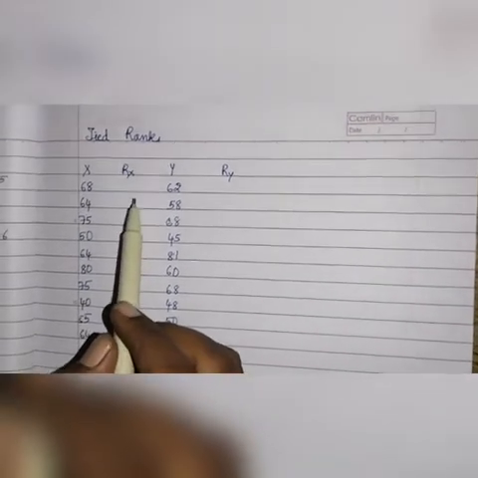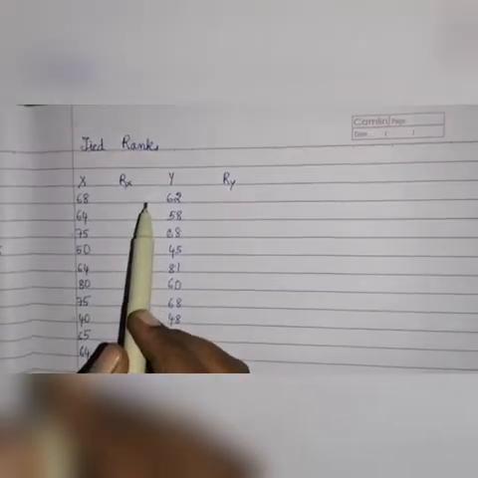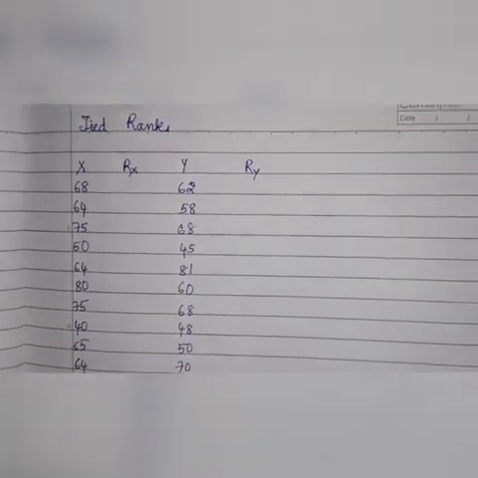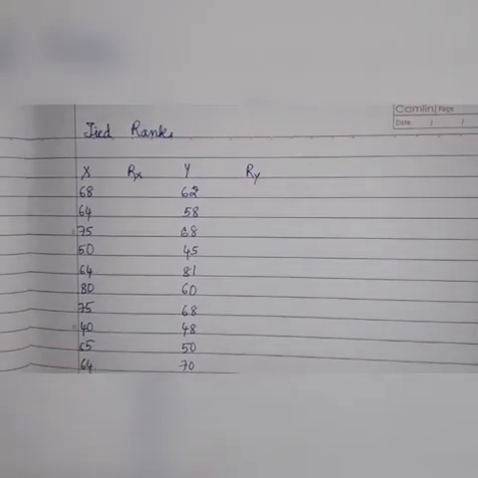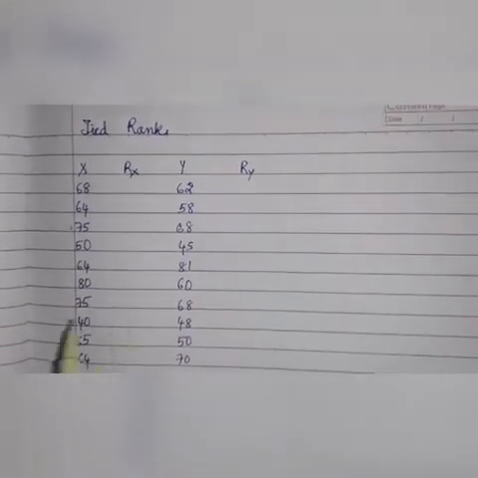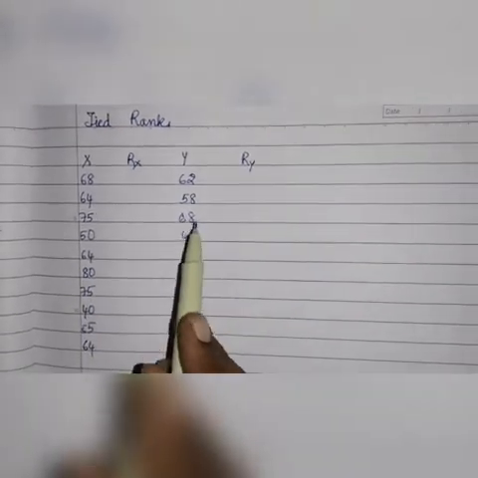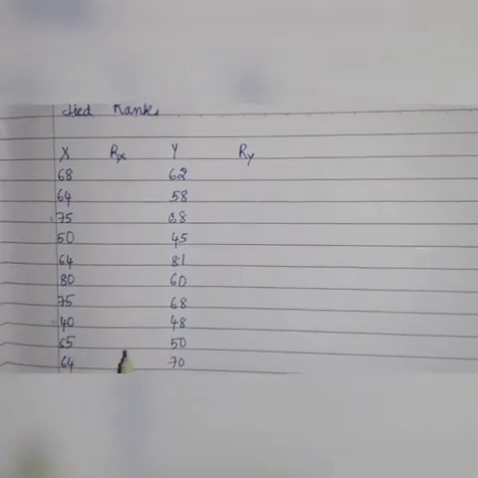Hello, in this session we are going to calculate Spearman's rank correlation in case the ranks are tied. That means if the same rank is given to multiple records in the question. So now you see there are two variables in the question here. We have variable x and we have variable y. So let us start ranking the variables.